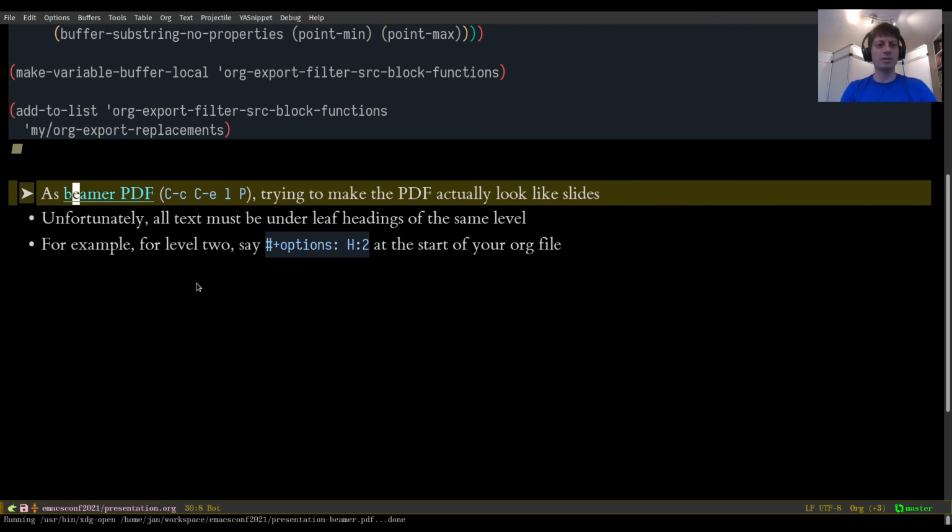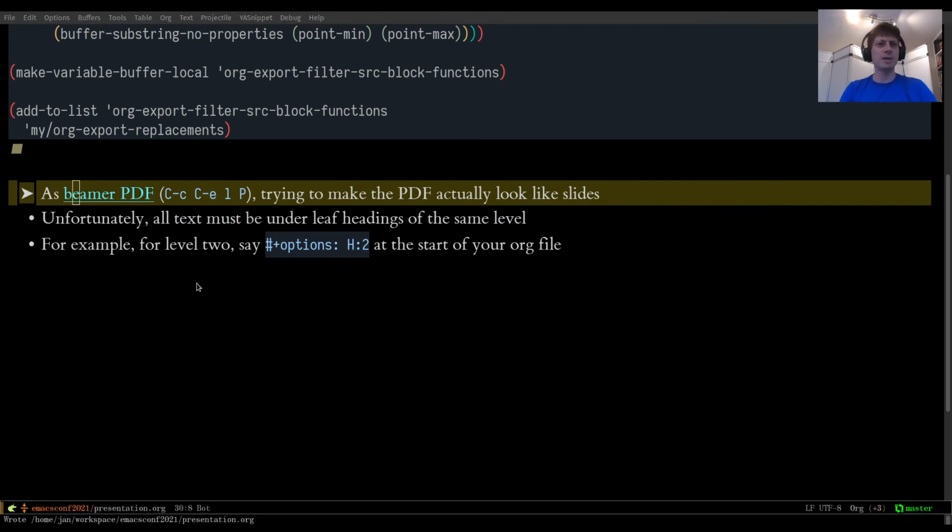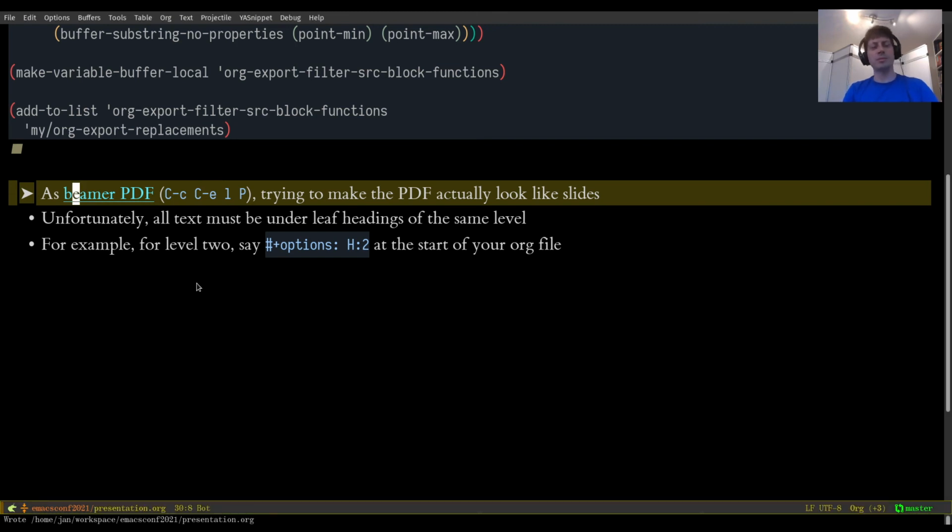So I can show you what this one looks like from this presentation. You get a nice title slide, and then it tries to make an outline, which is the one level above. And the slides sort of look okay, but as you go further, they start to run into things not flowing as they should. I'm sure with a lot more LaTeX knowledge, you could make this look a lot nicer.